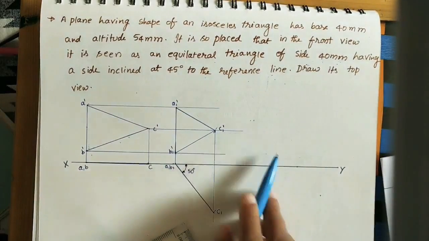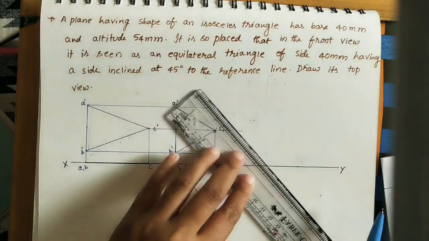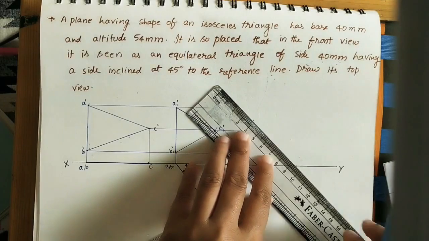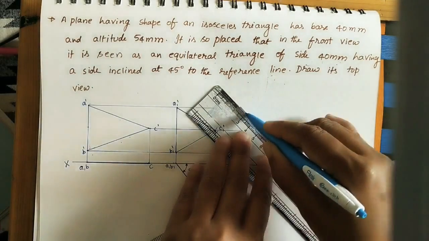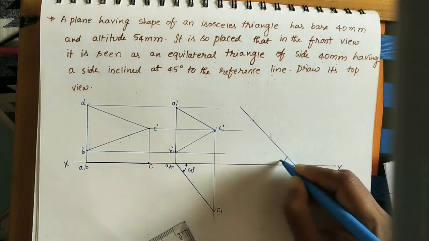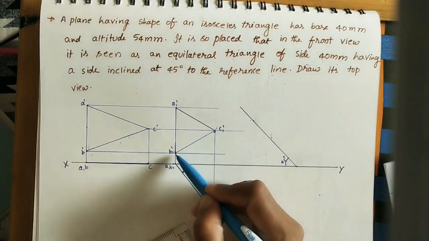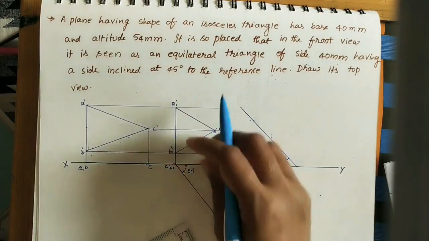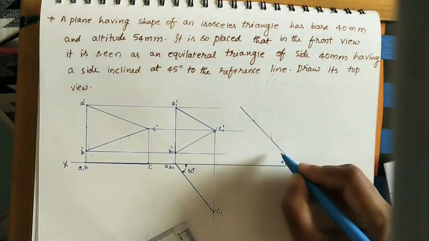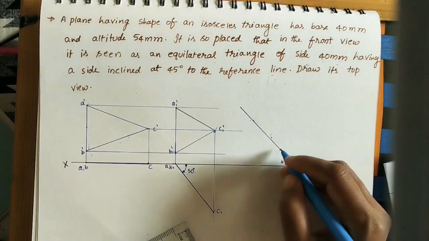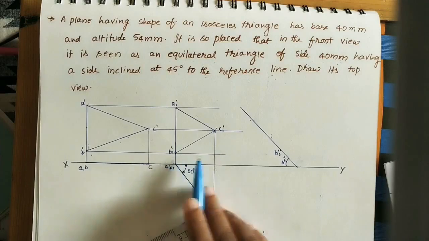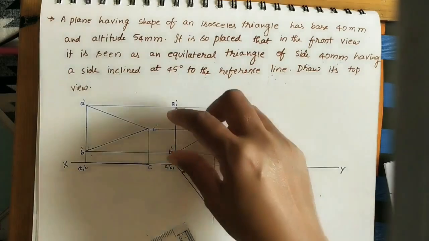Join this point to this point for taking the 45 degrees line. Just do one line here. This line is 45 degrees. Now take any one point on it. So this side we have to take on this 45 degrees. At some gap, take any point here. I am taking this as B2 dash. Here I am giving B1 dash, B2 dash. Okay, take this 4 centimeter.